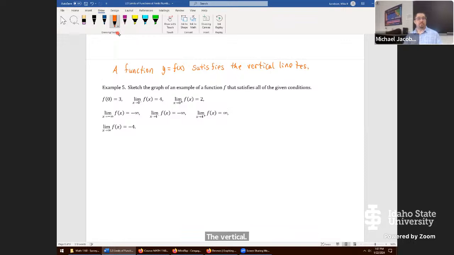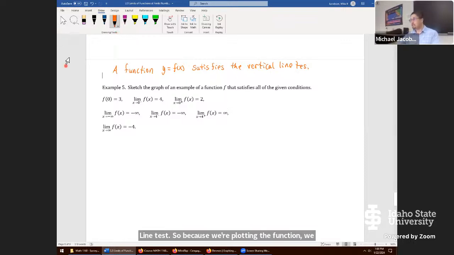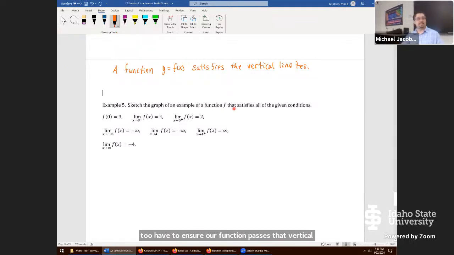So because we're plotting a function, we too have to ensure our function passes that vertical line test. And just as a reminder, passing the vertical line test means the following. Let's put maybe a colon here. The vertical line test says any, let me spell any right first, any vertical line